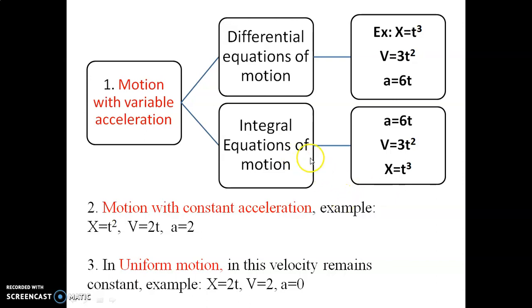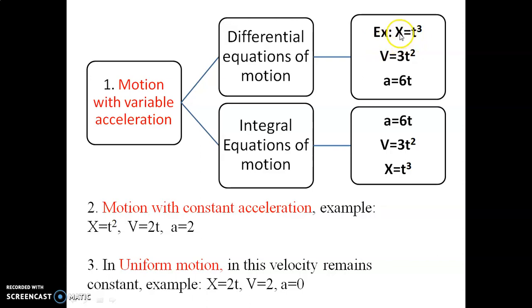Based upon this logic, if we take the example, suppose displacement, denoted by x, is expressed in terms of variable time t. So the equation is, here the motion is defined in terms of displacement, that is x is equal to t cube. So if I take the first derivative of the displacement with respect to time, because time is the variable, because displacement is varying with respect to time.